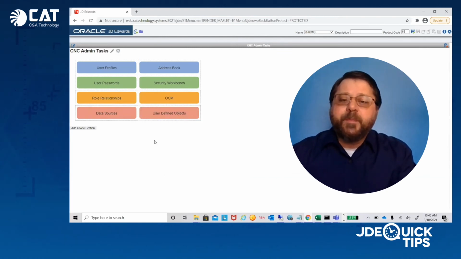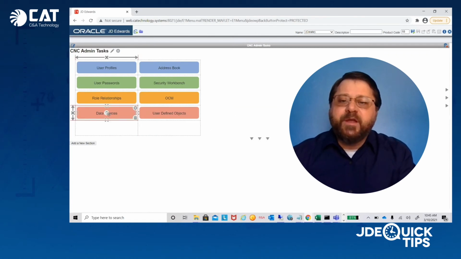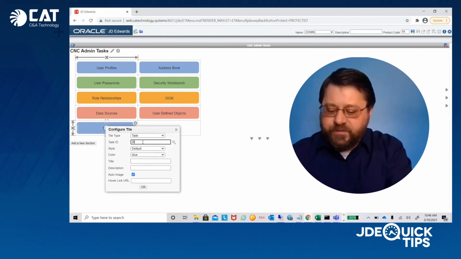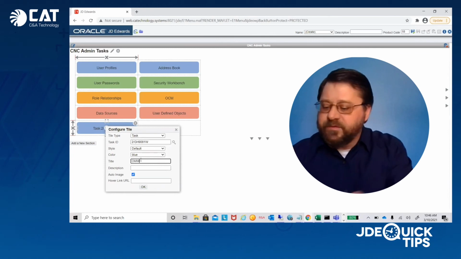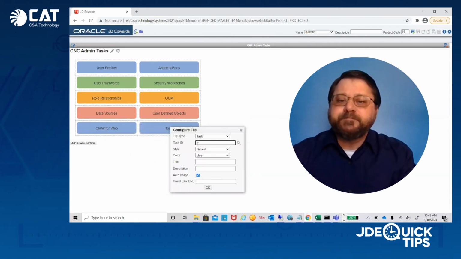Okay, now, if we realize that we didn't give ourselves enough space or we need to add another row, this is really easy to do. Just hit these down carrots. We get a blank line where we can put a couple more columns in here, a couple more buttons. Let's go back to blue. That'll work. And this is called OMW. And then finally,